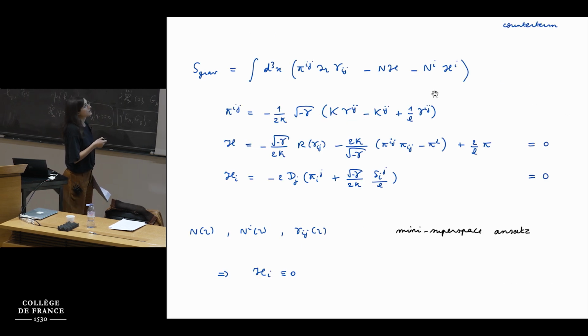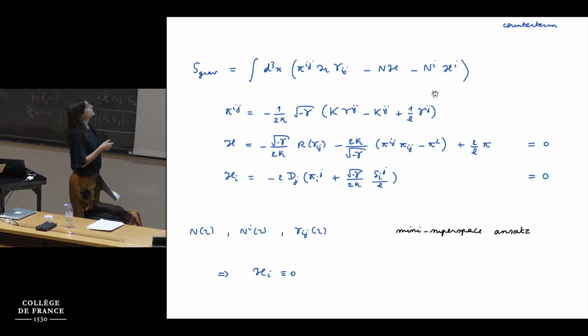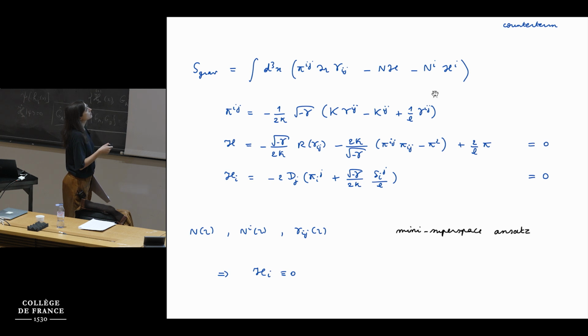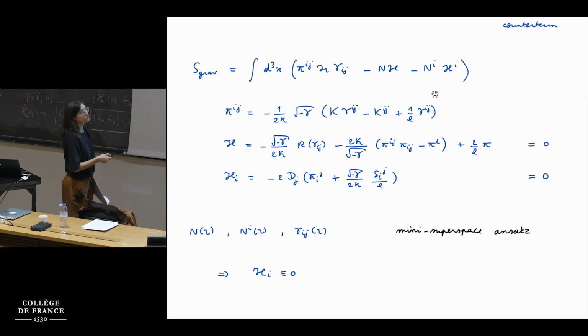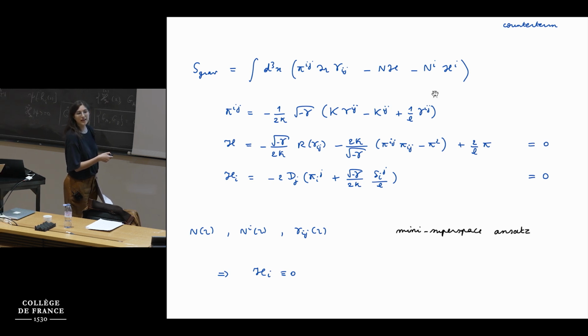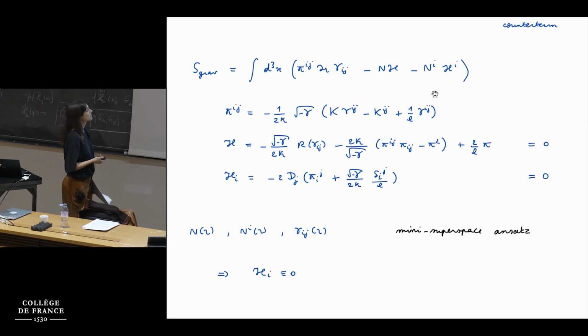Okay, and again, same thing. If you substitute that ADM ansatz into the full gravitational action, including the counter term, then it takes this parametrized form again, where now I do write out what the momenta are, what this Hamiltonian is that is set to 0, and what this H_i is. So basically the Hamiltonian is indeed quadratic in the momenta, but there's also a term linear in the momenta. And that one is there precisely because of the counter term. That's why this one appears.